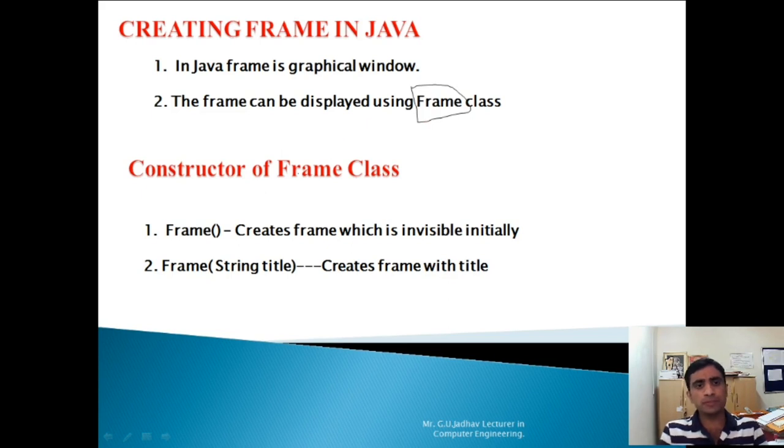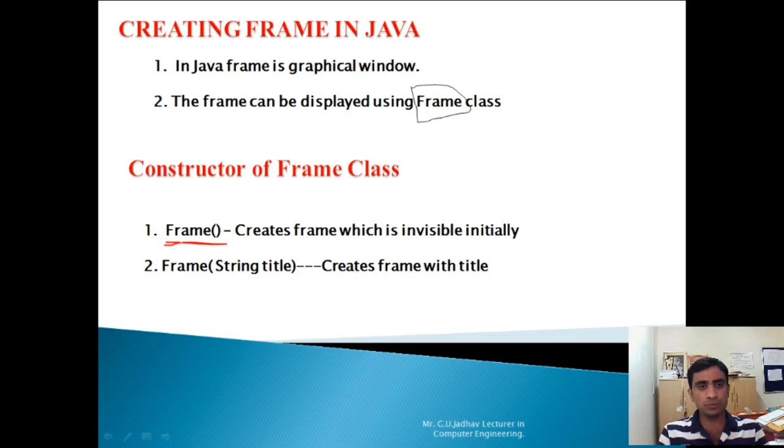Now this Frame class has constructors. The first constructor is the default one, Frame, F-R-A-M-E, bracket open, no parameters are available, so that's why this is a default constructor.